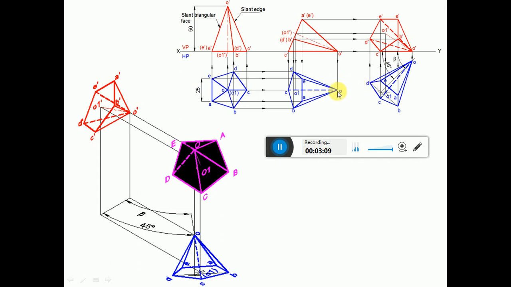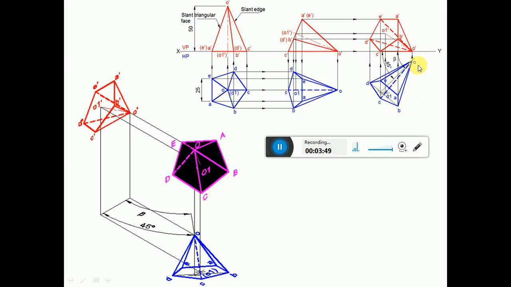Then you measure the distance from O to this point. From O you mark that point. Then AE is perpendicular to OO1. So from this point, by using the protractor you measure an angle of 90 degrees with respect to that inclined line OO1. Then measure the distance from this point to A and also from this point to E. Both are going to have the same distance. Then with the same point here, cut an arc on this side to get the point E and similarly on this side to get the point A.